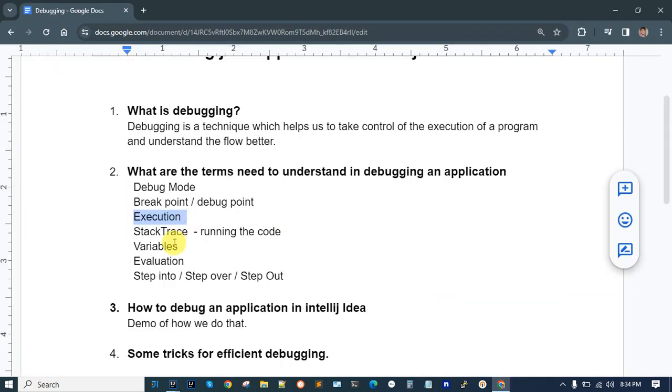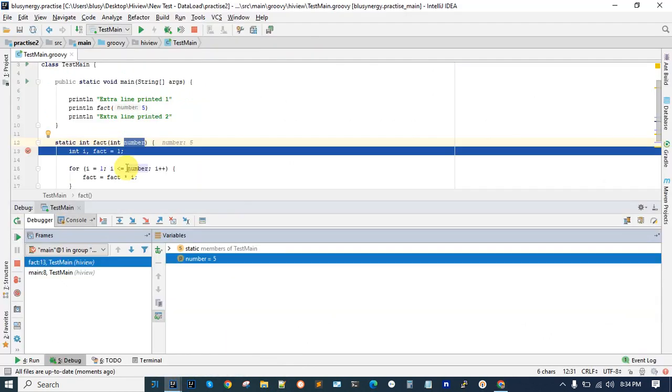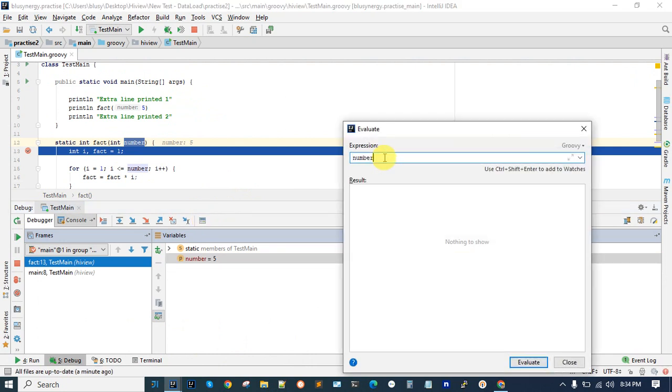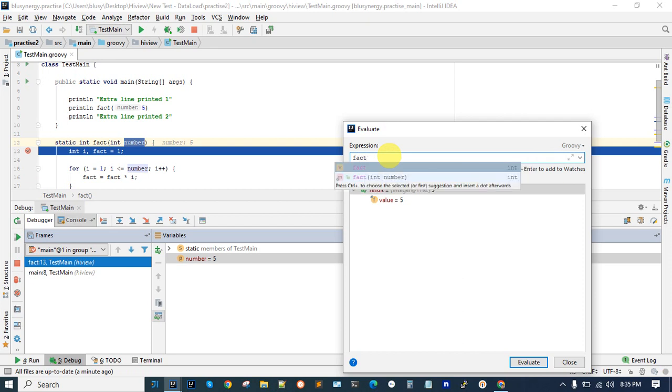So now, going to stack trace, running code, variables, evaluation. Let's go to evaluation. If I click on this evaluation and I want to know the value of number, I can put the variable name, say for example number, and I can run it. It says 5. At this point, if I want to know the value of this fact variable,